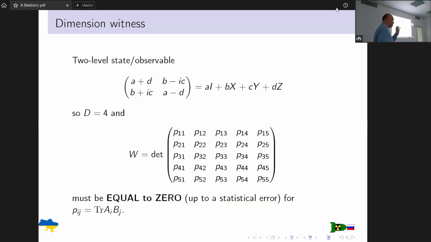Of course, it's not that you have strictly 0, because there is some statistical error. The statistical error, if you calculate, is based on the adjugate of this matrix. Like the Laplace decomposition, you take a matrix of minors. Remember that if the determinant is 0, you don't have the inverse matrix, but you still have the adjugate matrix. And this adjugate matrix is responsible for this statistical error. We put in this probability, and now let's check.